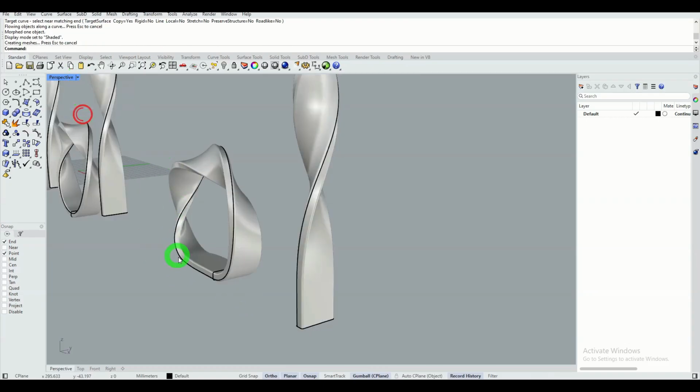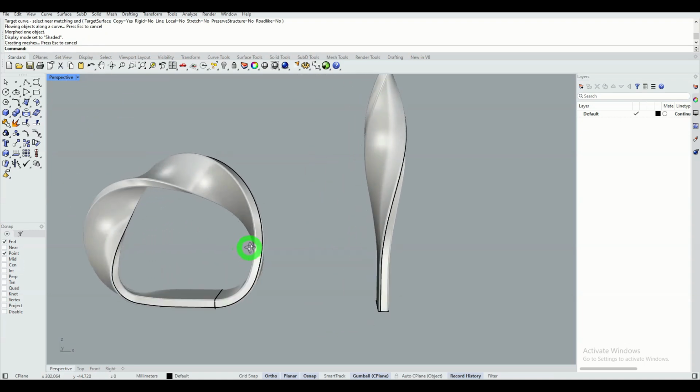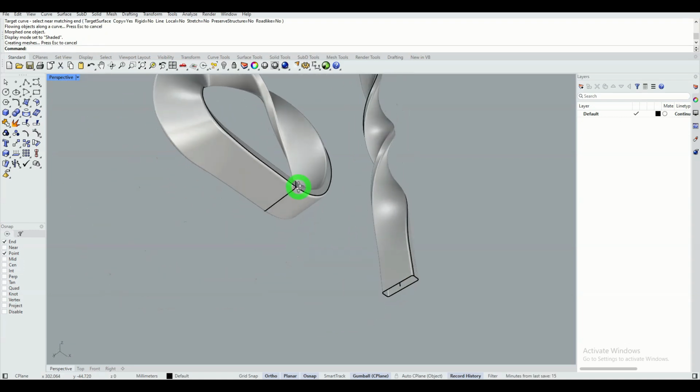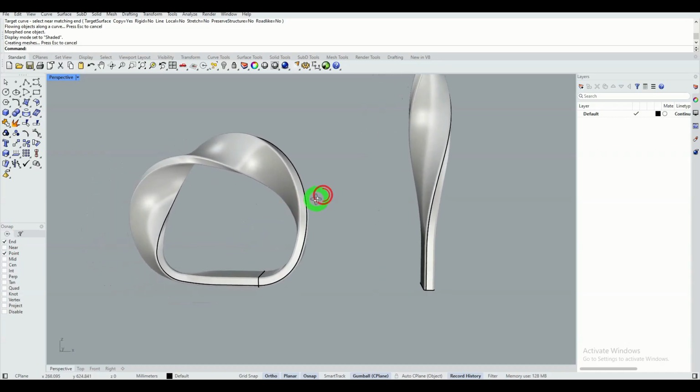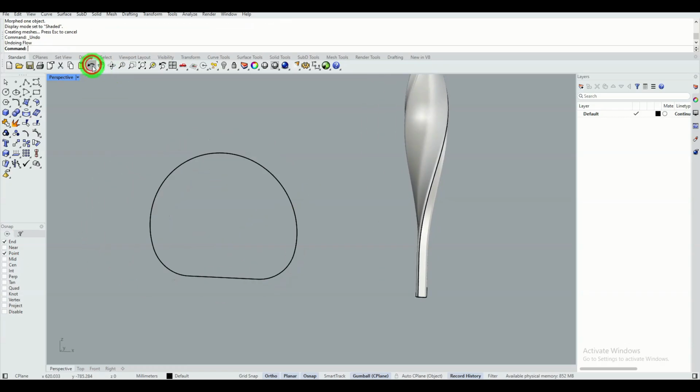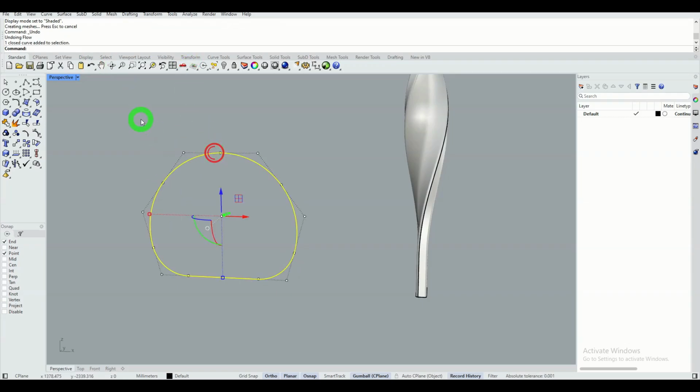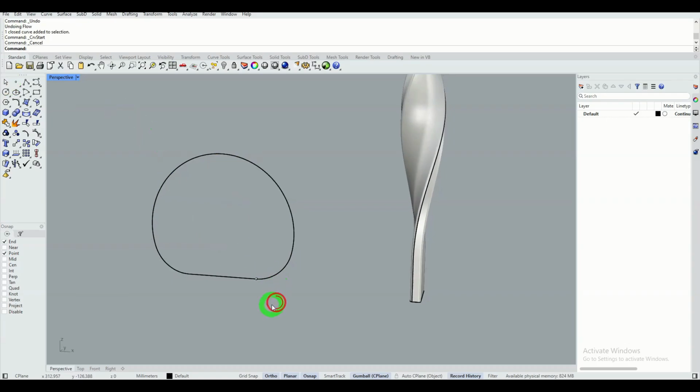As you can see, I've obtained an object with a much larger flat base. I'm not really happy with this result, so I go back a step and place the starting point in the middle of this object. So I show the starting point, which is this one, and I understand why the result is not beautiful.